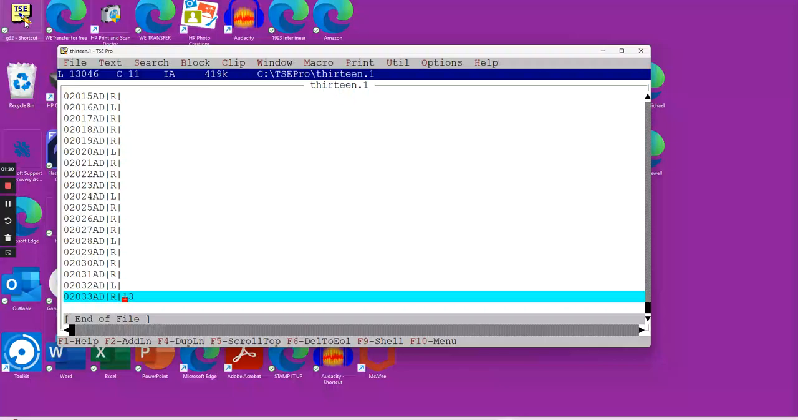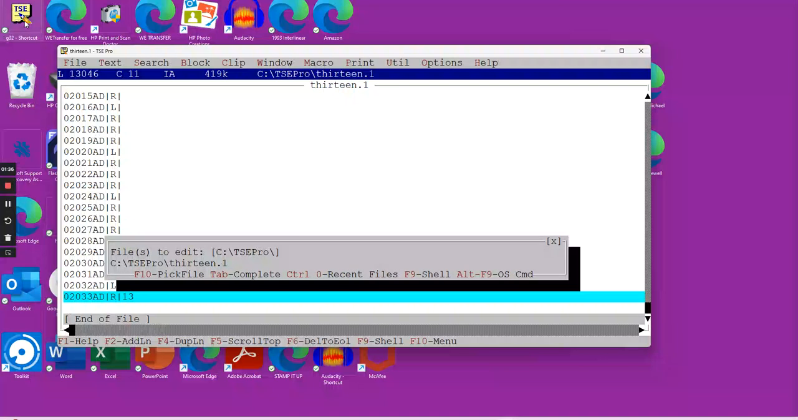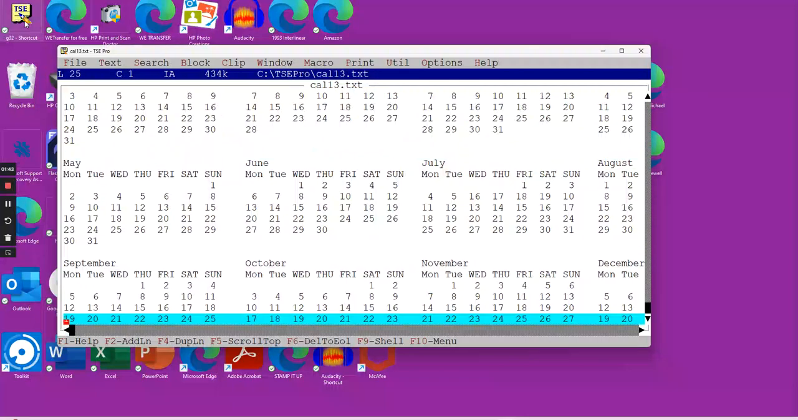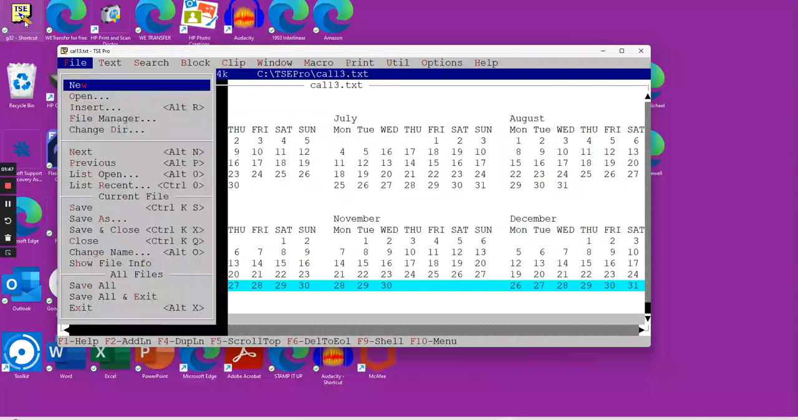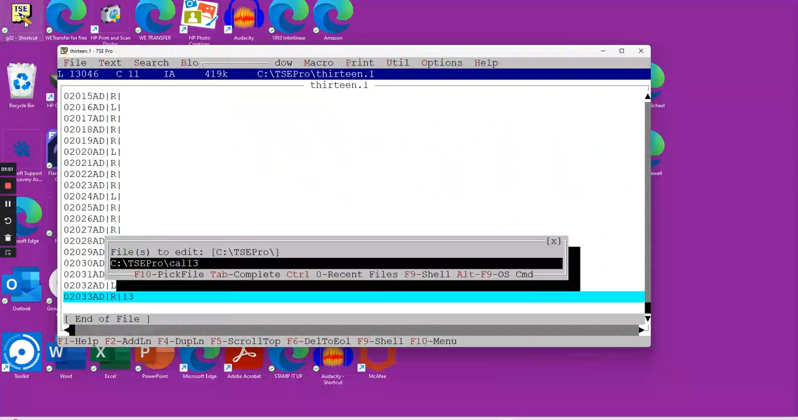Now, if you would Google the year 2033 AD, you're going to find this calendar. Let me just show you what it looks like. Okay, here's calendar 13, and you can see it starts on a Saturday. Remember, it starts on a Saturday and it ends on a Saturday. Okay, so we don't need that anymore. We'll close it out. Now, I created a key,